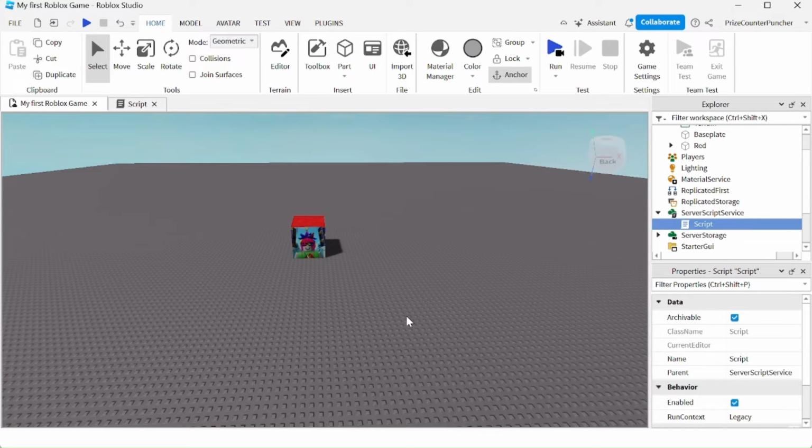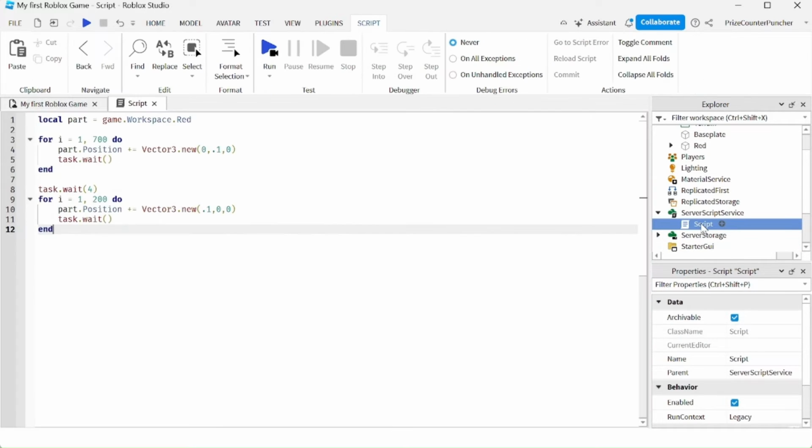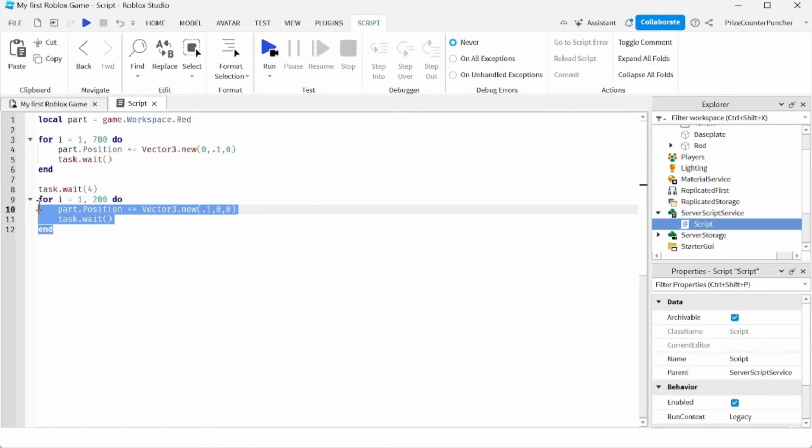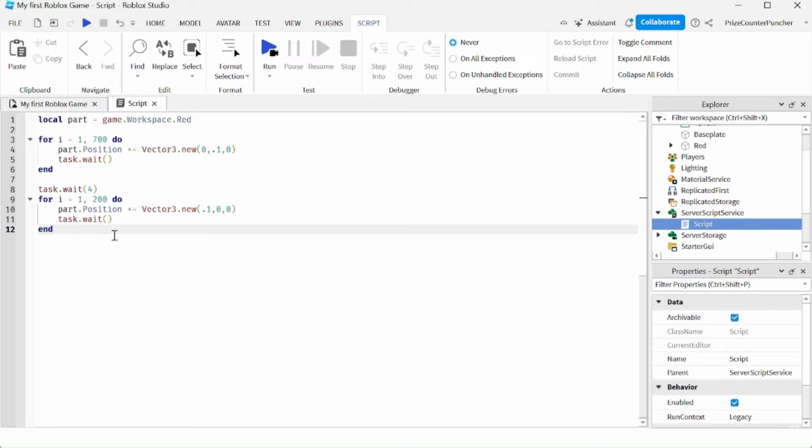In our last tutorial, we learned how to move this part up in the air and to the right using script. And here is the script that we used. Notice here that we are repeating this section of the code 2 times. In many cases in scripting, you can repeat the same section of code more than 2 times, maybe even hundreds of times. So in those cases, it is better to define your own function to perform this task. Whenever you want to perform the same task over and over again, you're just going to call your own